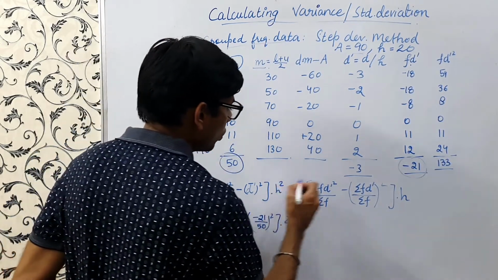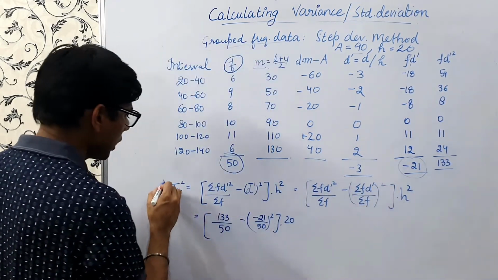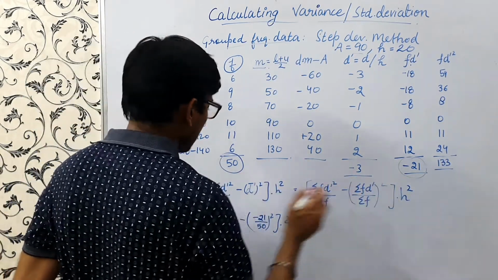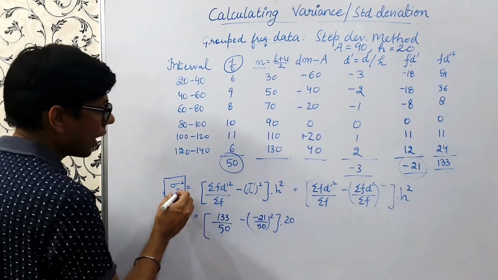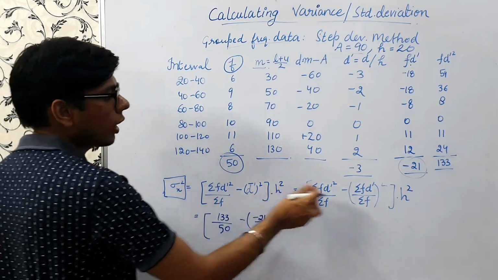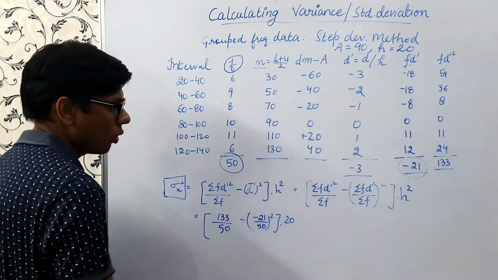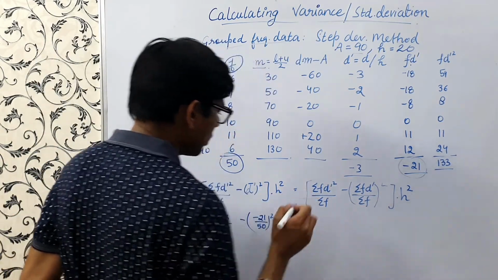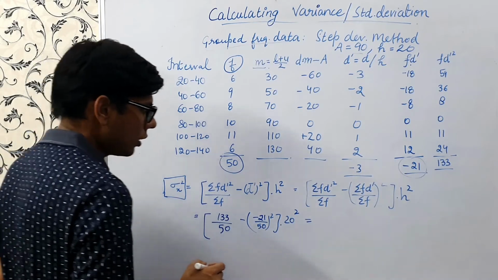So this would be H square, because this is variance. For variance it is H square, and for sigma x, if I have taken the standard deviation, then it would have been H. So remember this in the formula, it's H square. So it would be 20 square. So this comes out to be